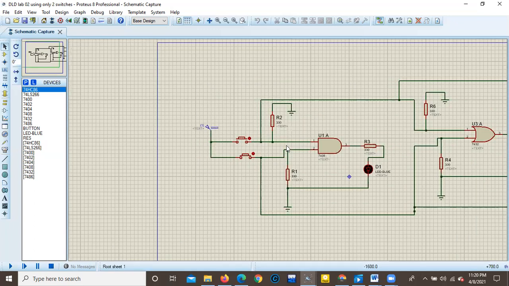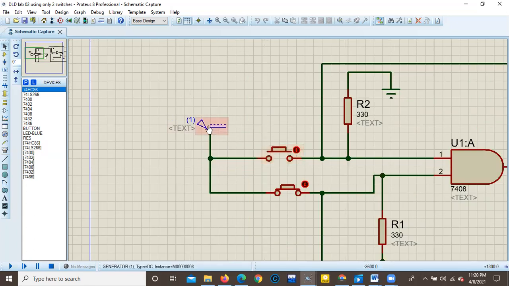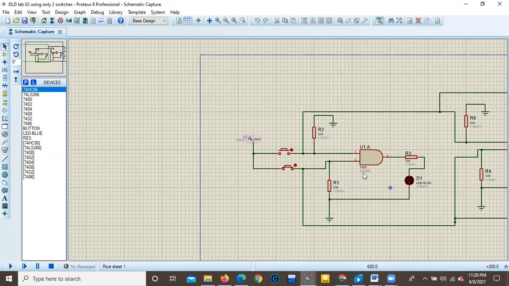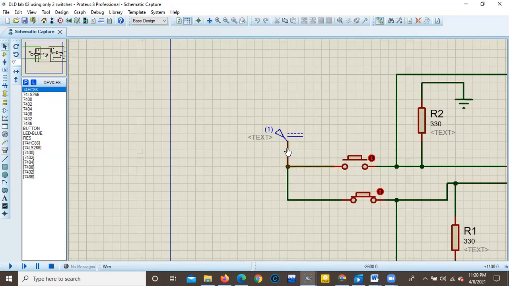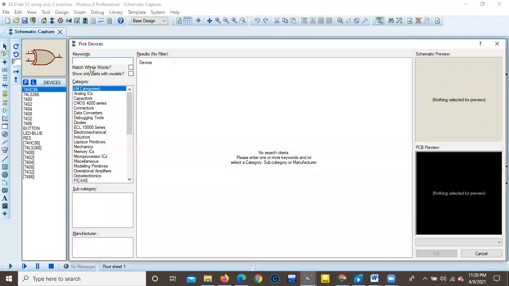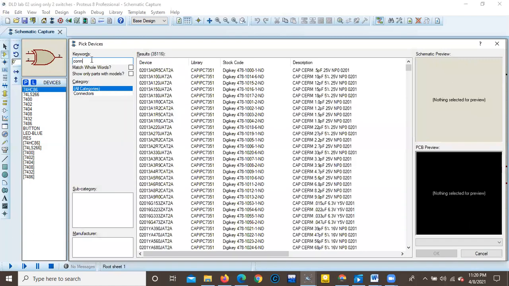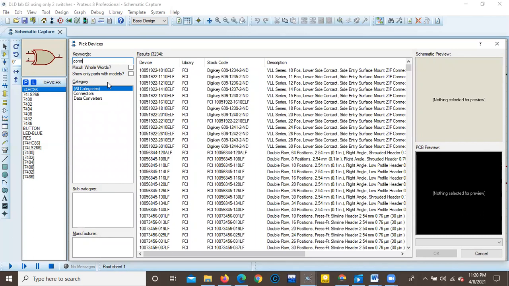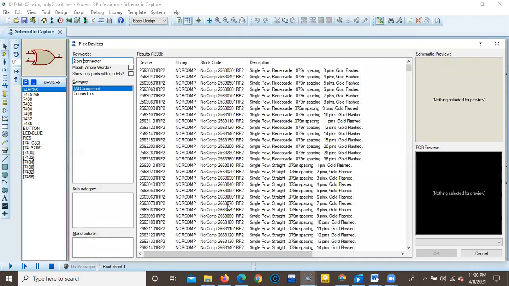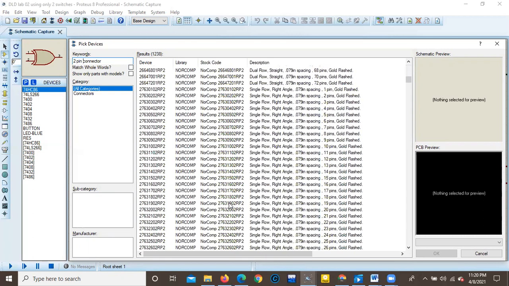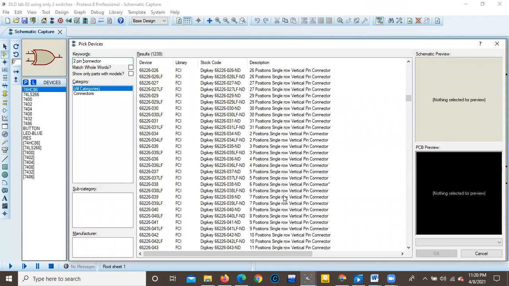So I will just remove this voltage source and then this LED, and I will connect the connector here. So I will just go to P and select the connector. Connector, sorry, 2 pin connector, 2 pin, and there are a lot of options, and I will select the